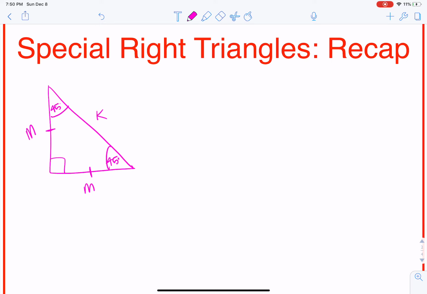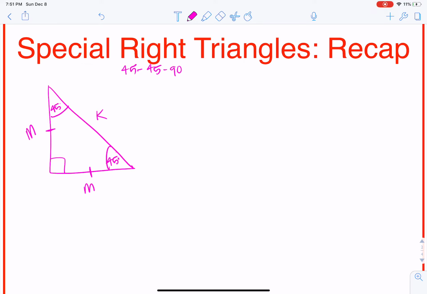What I want to do with you right now is come up with the ratios for this 45, 45, 90 triangle. When we talk about special right triangles, there are two of them, one of them being 45, 45, 90. And when we talk about 45, 45, 90, we're talking about the measures of the angles inside of the triangle. So I've labeled this triangle. I know that these two legs I can label the same because it's an isosceles triangle,